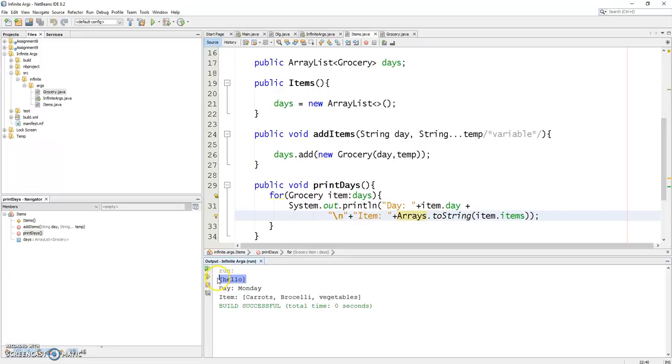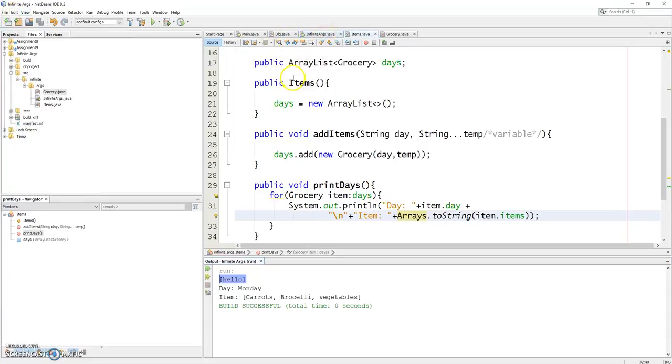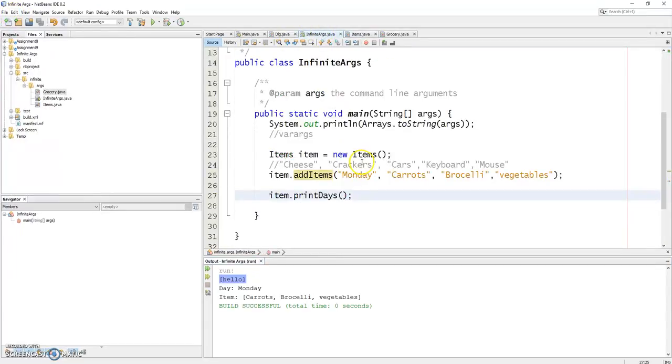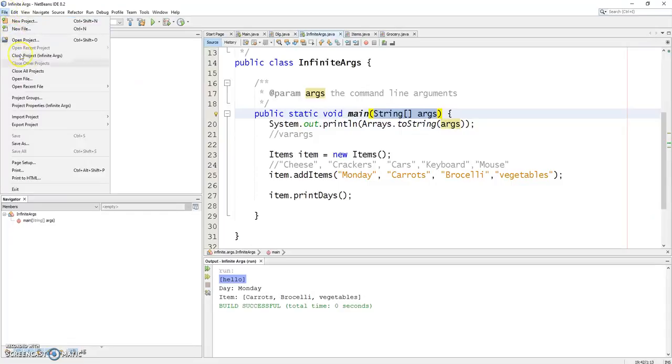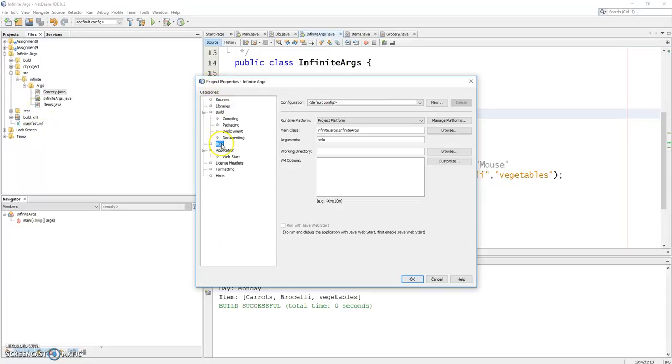Now this hello, you're probably wondering, what is this? Well, that, my friends, is, if we go back to our infinite arguments, you will see string args. What that means is you can actually put in arguments when running your class. So I put an argument called hello. You can put in whatever you want. Hello,